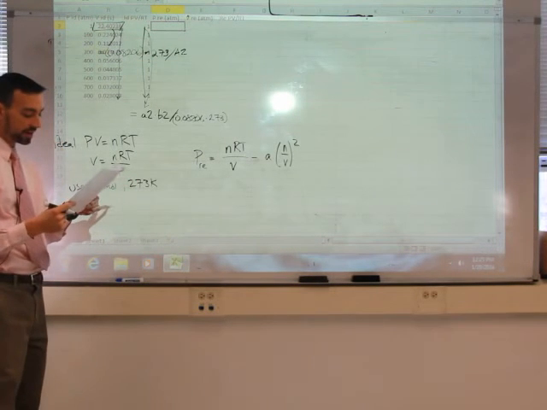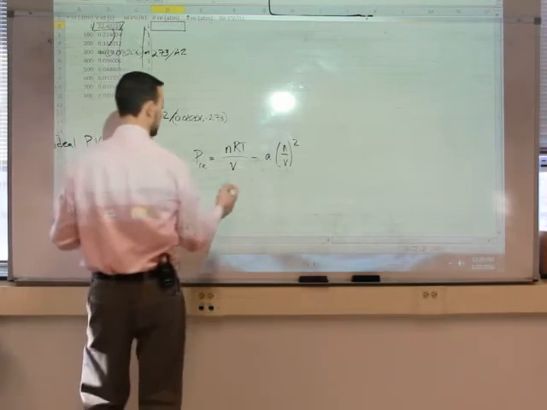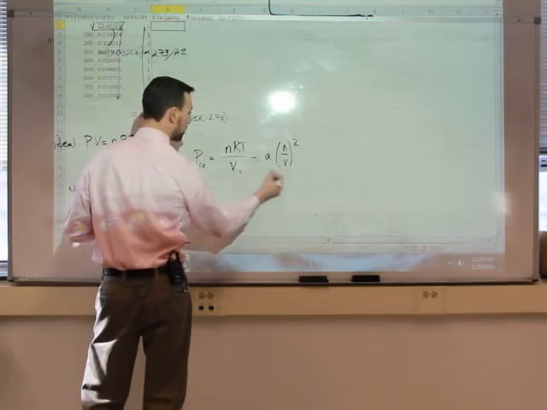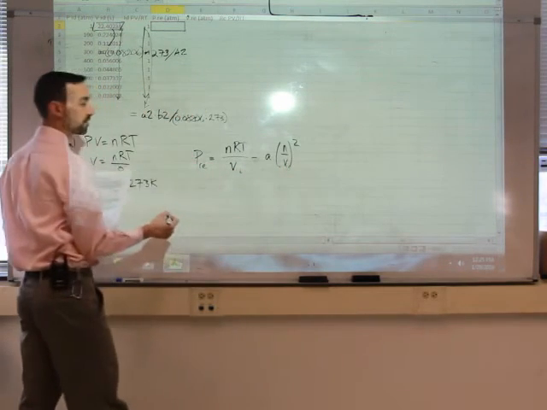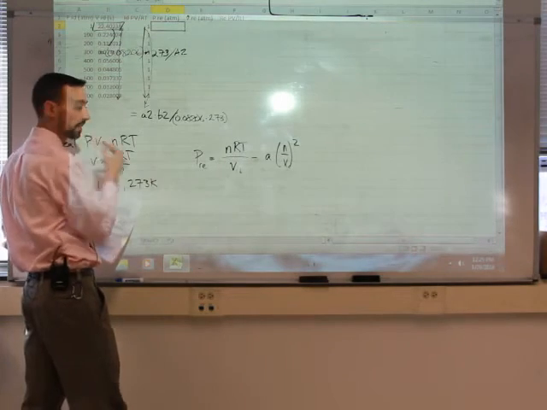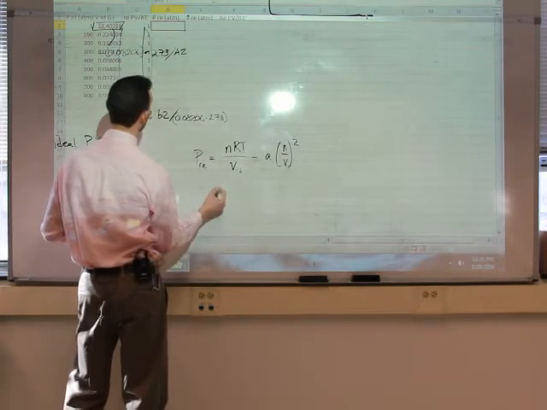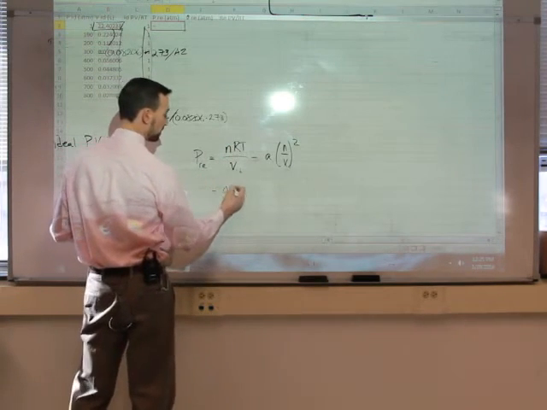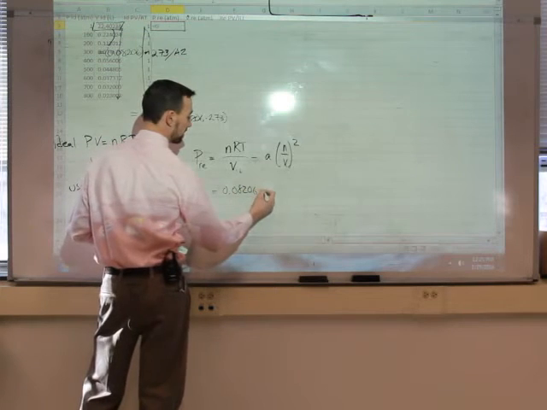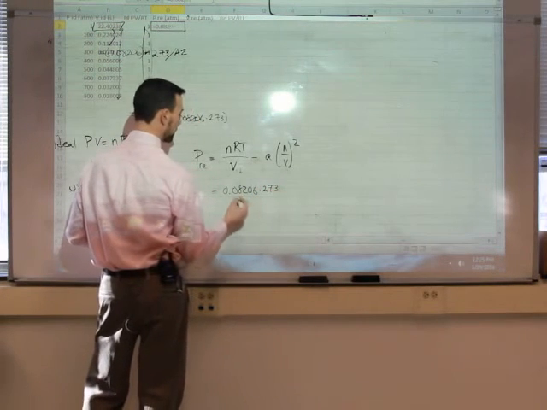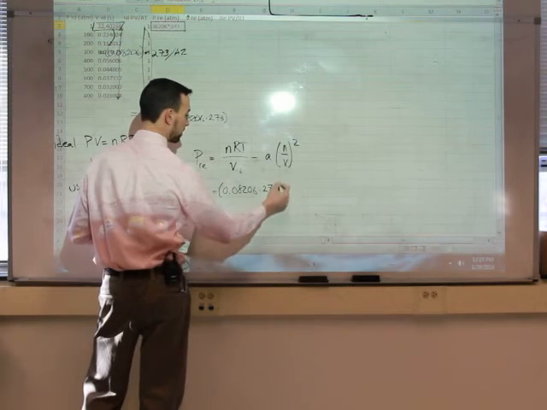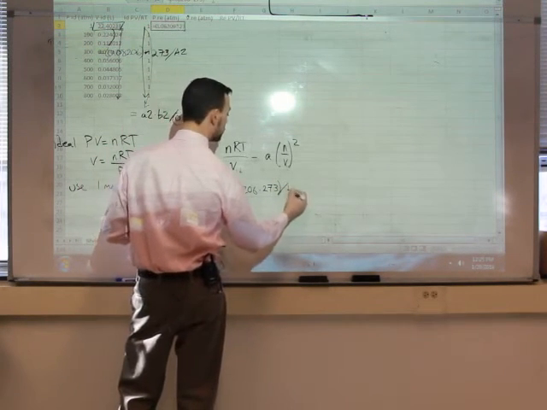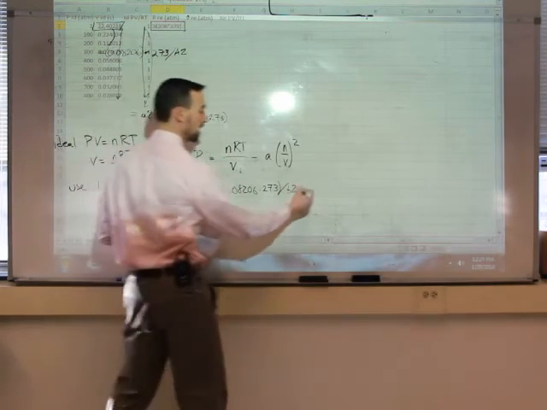What we're going to do here is we can assume, by the way, ideal behavior for the volume when we're doing this. Okay. So again, this equation would be equals, the n is still 1 mole, that's fine, 0.08206 times our temperature, 273. That probably needs to be in parentheses, divided by B2, minus then,